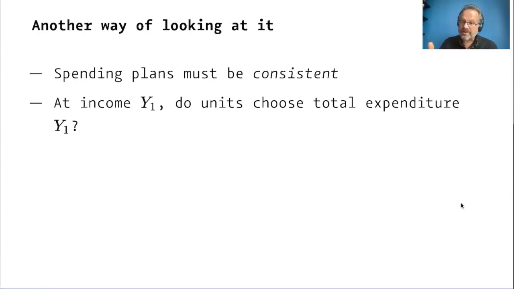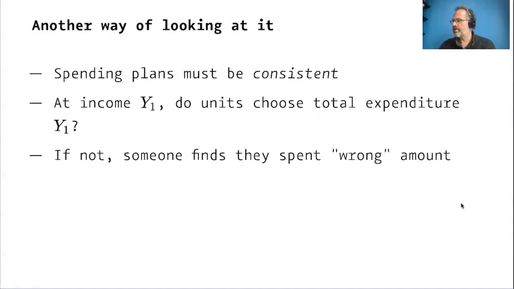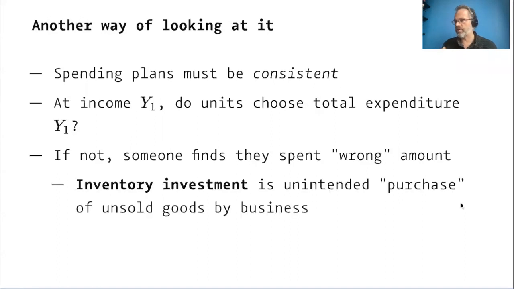Because again, remember, income is determined by spending. Total spending has to equal total income. So if at a given level of income, people would actually choose a different level of spending, then in the event, somebody must have spent the wrong amount. Either their spending was greater or less than they intended it to be, or their income was different from what they expected it to be. And one particularly important category of this is what we call inventory investment,